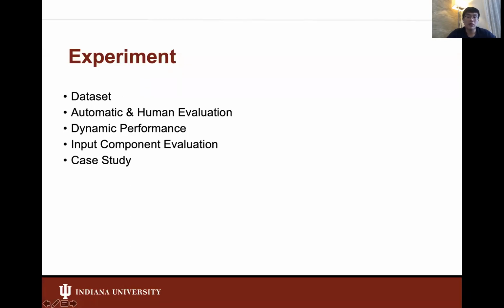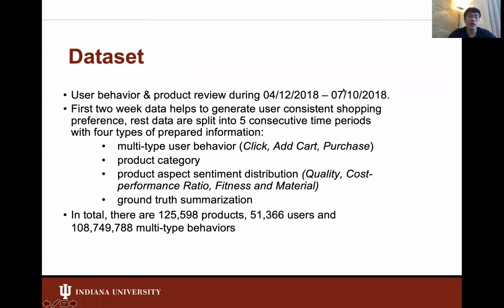So in the experiments, I will explain the dataset and a set of experiments applied, such as automatic and human evaluation, dynamic performance, input component evaluation, and a case study. First of all, let's take a look at the dataset used in this paper. We use the Alibaba dataset and collect the user behavior and product reviews from April 12th until July 10th in 2018. The first week's data helps to generate user consistent shopping preference. The rest of the data are split into 5 consecutive time periods